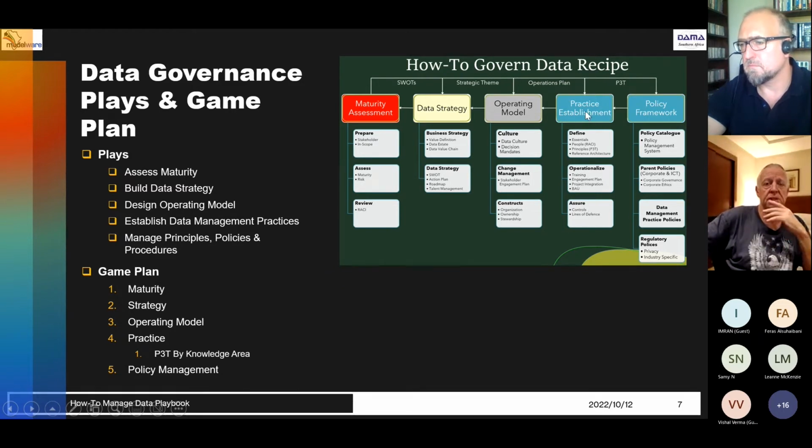Okay, so practice establishment is a pretty big area. A lot of you have to go through all these things, and then once you've done it, you basically hand all of these policies over into a policy framework, and then it manages changes, it manages the life cycles, it manages relationships, and of course, there are times when you would enhance it for a specific regulatory policy. So you'd have a